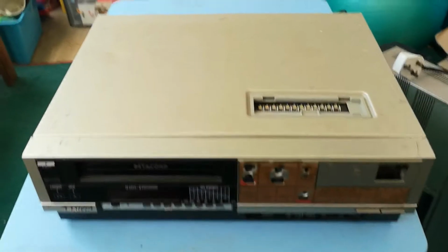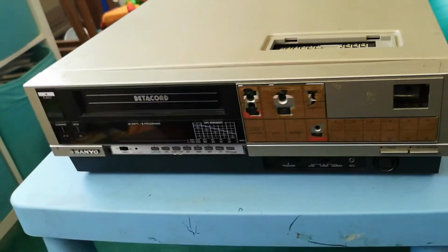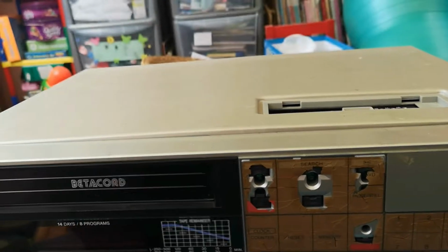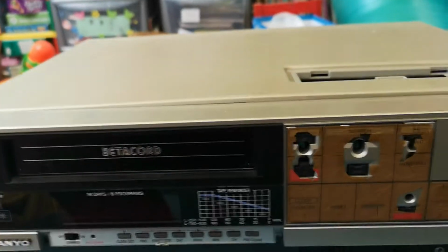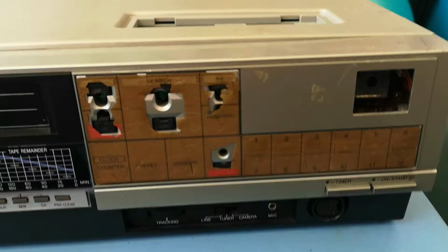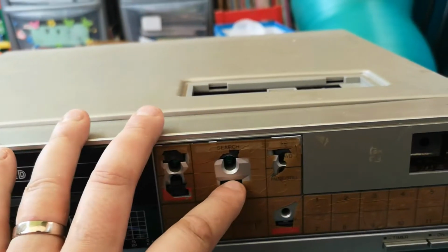Hello and welcome to today's video, and today we're going to be looking at an old friend of mine, this Sanyo VTC6500 Betamax video recorder. I have owned this since the mid-1990s, and it's been in loft storage for a considerable number